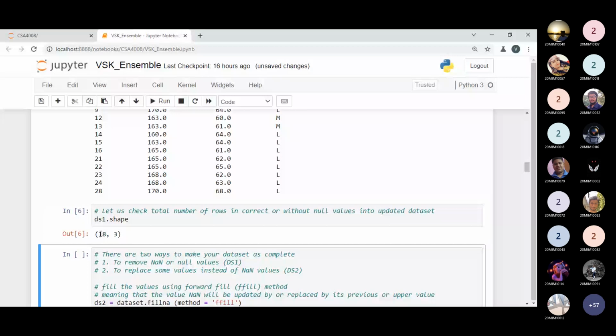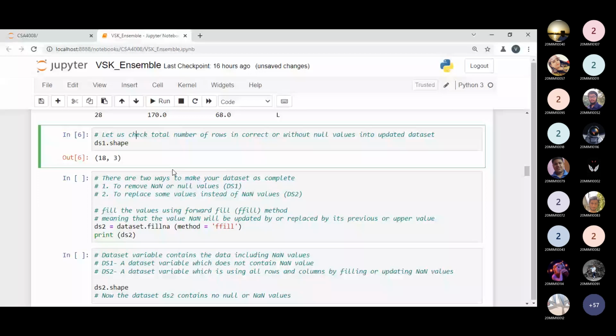Okay. So a student asked me a question in the previous slot. Sir, suppose we have 1,000 records, and in those 1,000 records, suppose 500 contain the not a number, and we drop those. So we are losing our information. But we should not lose our information. So what is another method by which we can do this? So there is another method. The null values we can fill in a different way. In Python programming, there is a good way. We have ffill. Ffill is a forward fill method.